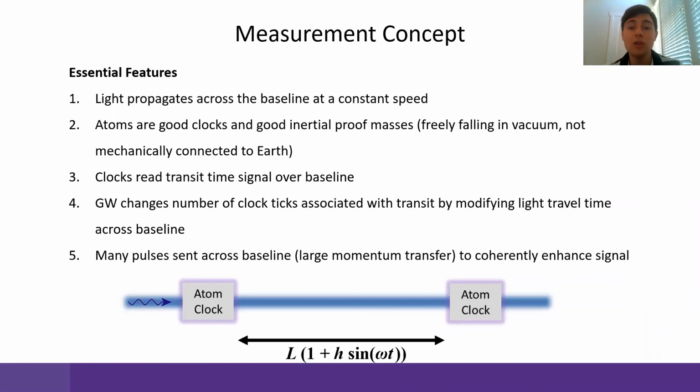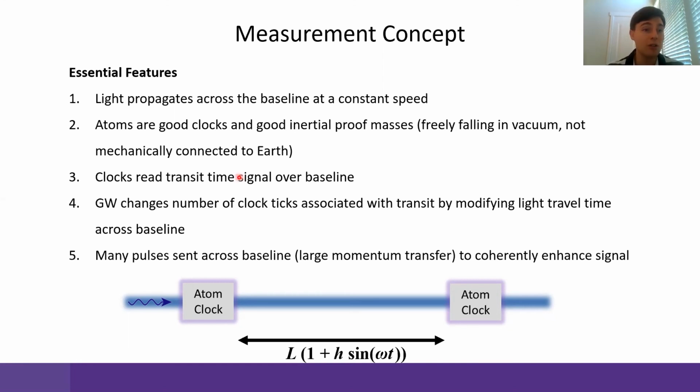All right, I'll conclude with a brief discussion of MAGIS 100, which is the 100-meter strontium atom interferometer that's currently under construction. The goal of this project is to search for ultralight dark matter and also to serve as a proof of concept for a future atom-interferometric gravitational wave detector. For detecting gravitational waves in the frequency band of like 0.1 hertz to 10 hertz or so, single photon atom interferometers have two notable advantages over optical interferometers such as LIGO.